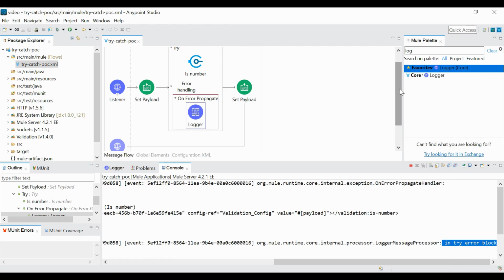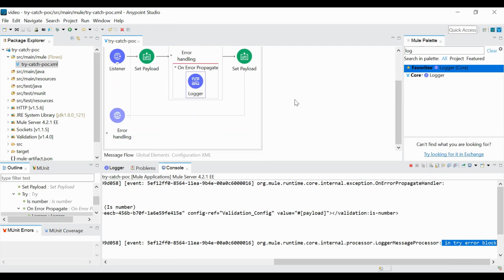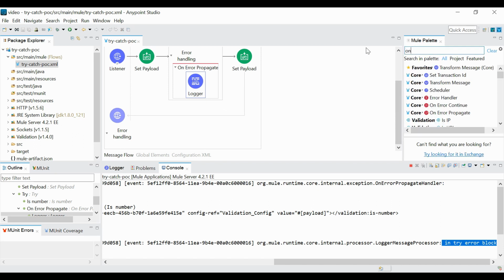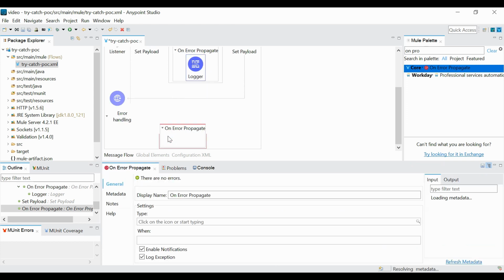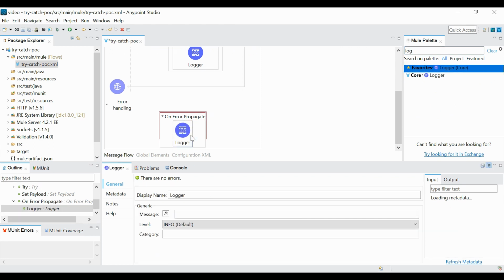Okay, now I'll put on error propagate at the flow level, and inside that I'll put one logger, error.